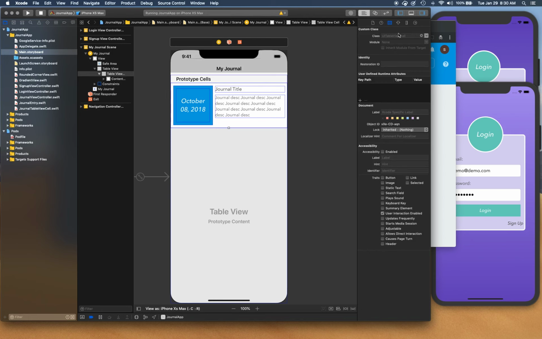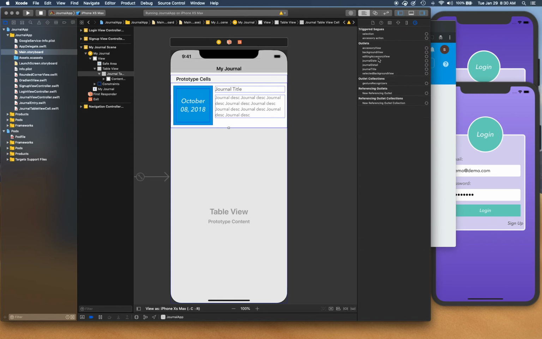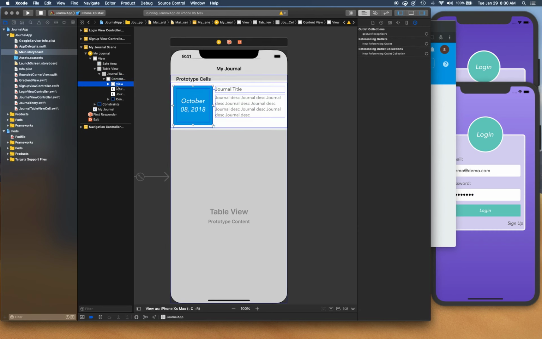we're gonna select our cell and give it a class journal table view cell. Gonna make sure the outlet is connected to all its controls. So journal date goes to this date, journal detail goes to this detail label, and title goes to this title label. Okay. Now one more thing we want to make sure is this view right here that's holding our date is